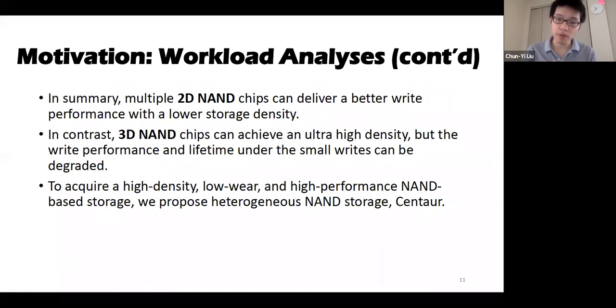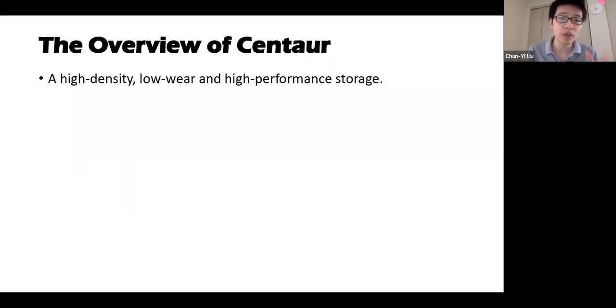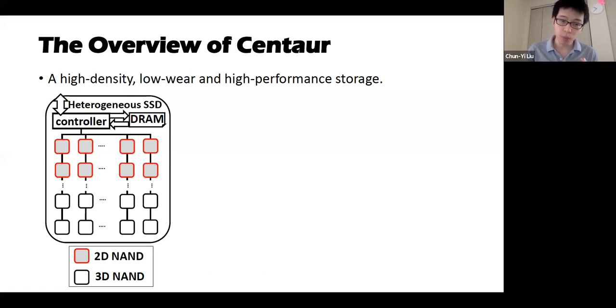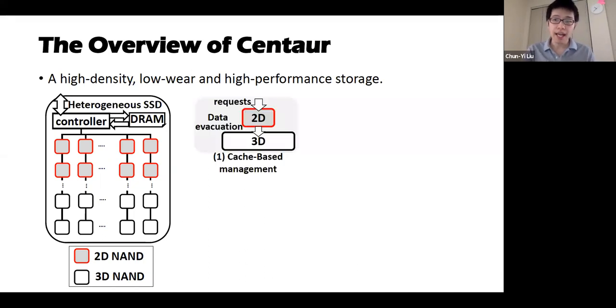Therefore, to achieve both high density, high performance, and long lifetime, we propose a heterogeneous NAND storage, Centaur. Here is an overview of our Centaur. We still contain 3 components: controller, DRAM, and NAND chips. But here the NAND chips include 2 different types of NAND chips. One is 2D NAND, another is 3D NAND, and both NAND flash are evenly distributed across all the channels to improve the performance. And instead of using the traditional cache-based management, where the data will first go to 2D NAND, and when the 2D NAND is full of data, move all data to 3D NAND,